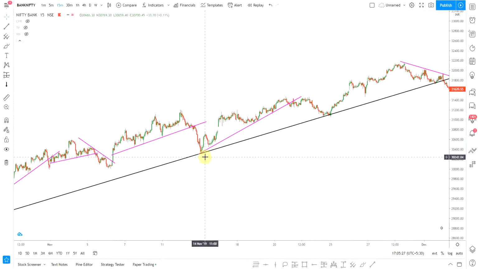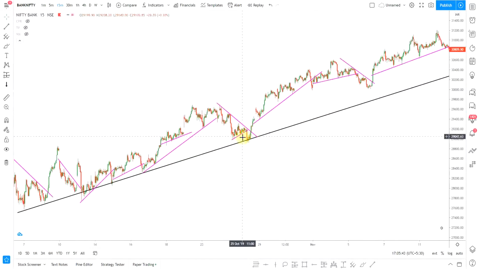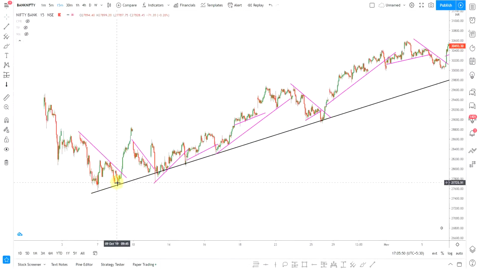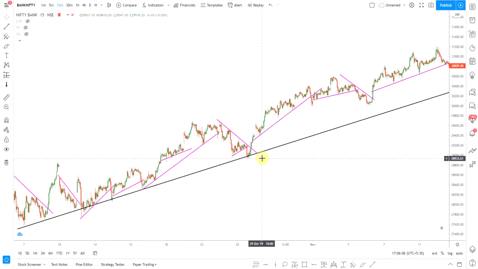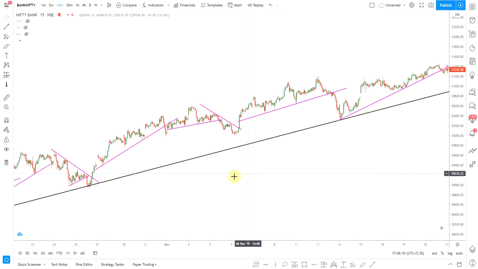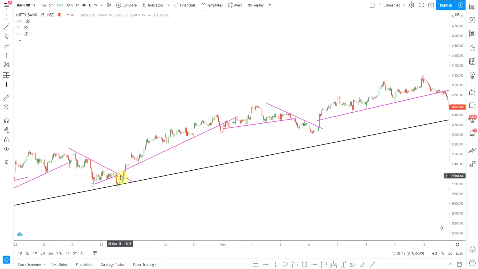I'm going to be making a dedicated video about trend line breakouts, how to trade them, and how to trade trend line touches. Whenever the market came near the trend line, it bounced back up. It came down here, it bounced back, it came down here, it bounced back again. Since this was in an uptrend, it was a good opportunity to buy over here. While on the smaller time frames, you can see smaller trend lines that gave breakouts too. You can either follow the larger time frame and buy here, or you can use the smaller time frame and, following this trend line, you can buy here.